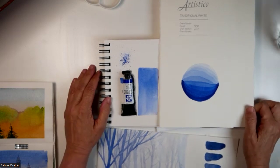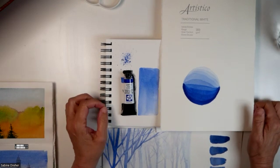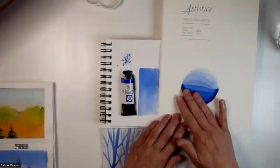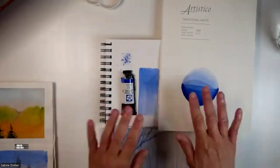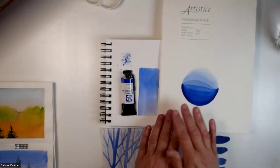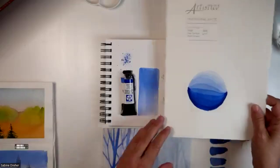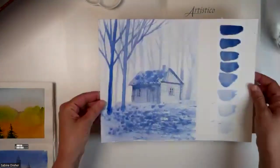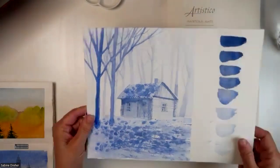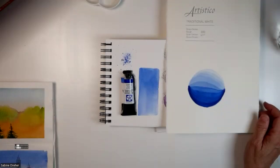Hello, all together, and I show you cobalt blue. And why I chose this color. It's in every picture from me. When you see all these shades from cobalt blue and you think about it, it's in the sky, it's in the water, it's in every landscape, blue, you need blue everywhere. And I love the cobalt blue because it's in the middle range. And when you use all the shades, you can make beautiful pictures. And when you use it with other colors, you can make fantastic